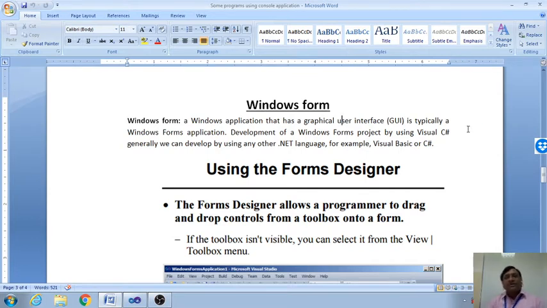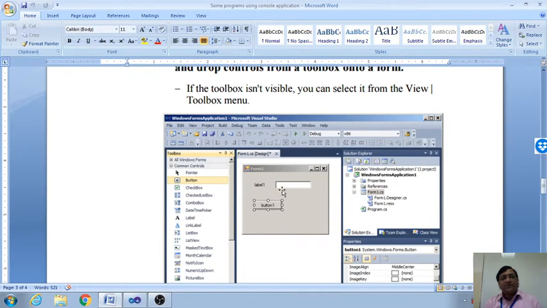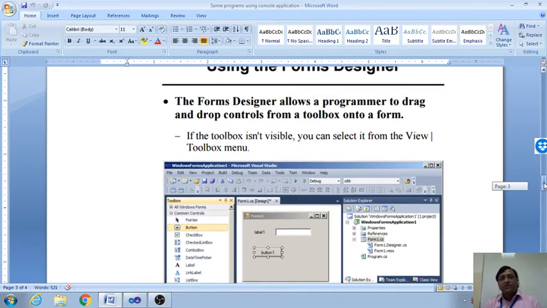An example of a graphical user interface is, for example, when you want to open your Gmail. When you type Gmail, one page opens. In that page you give your user ID and password. This is called the interface, the graphical user interface. This is one example of an interface. We also have the button level. I will explain that later.